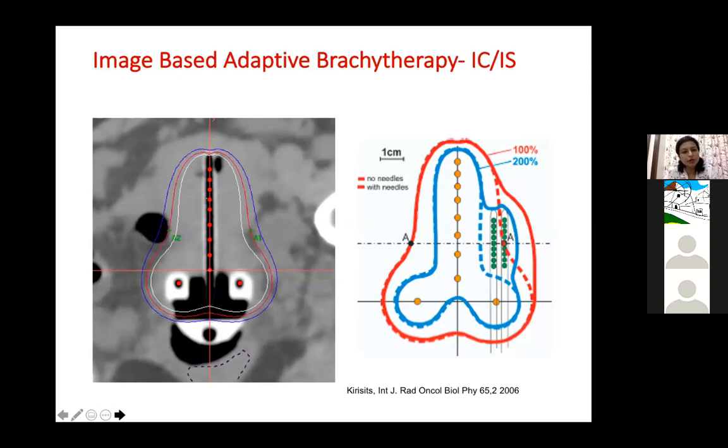Also, image-based brachytherapy, like I mentioned before, for larger tumors, gives us an opportunity to use combined intracavitary interstitial techniques. So if you have a larger tumor which cannot be covered at point A, you need to add something more. So what you can do is simultaneously add interstitial needles using a Venezia or a Vienna or a Utrecht applicator, and you can ensure the tumor coverage by sculpting the dose according to the extension of the tumor or the target.